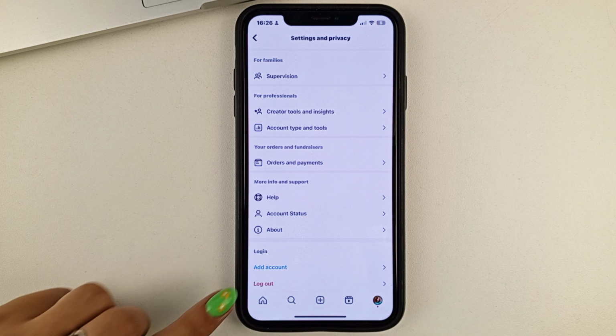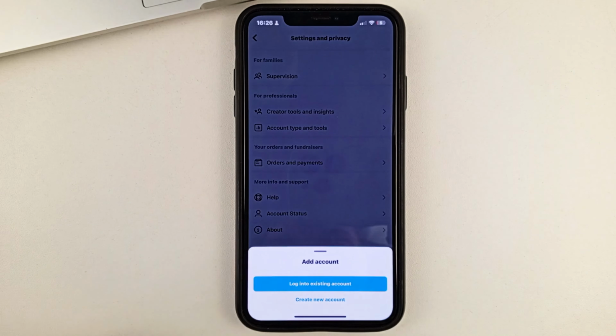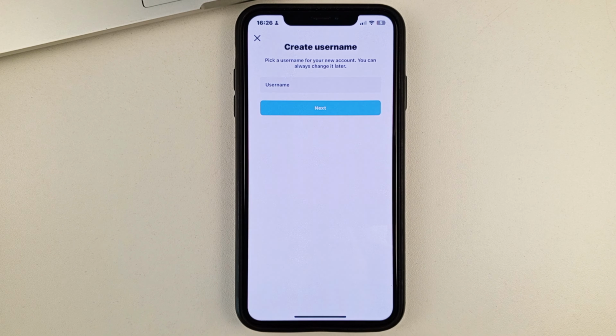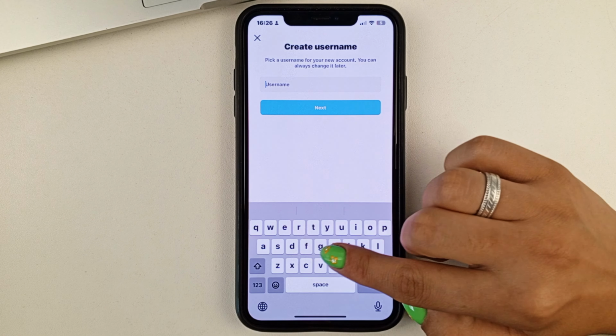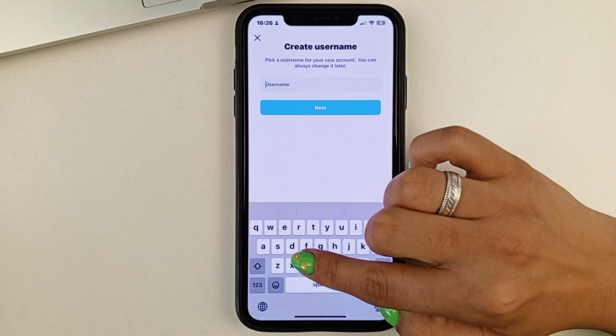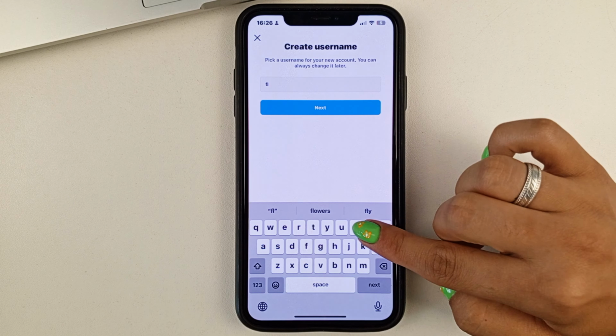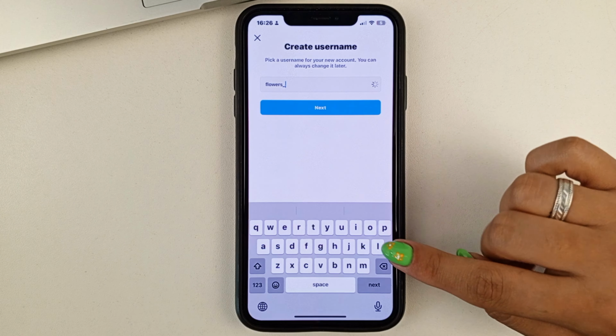And then click on Add Account. Now choose to create a new account. Now you'll need to name your account something. I'm gonna type in some random words.